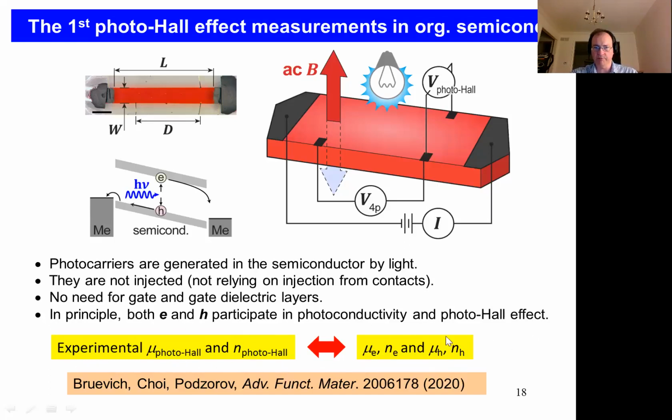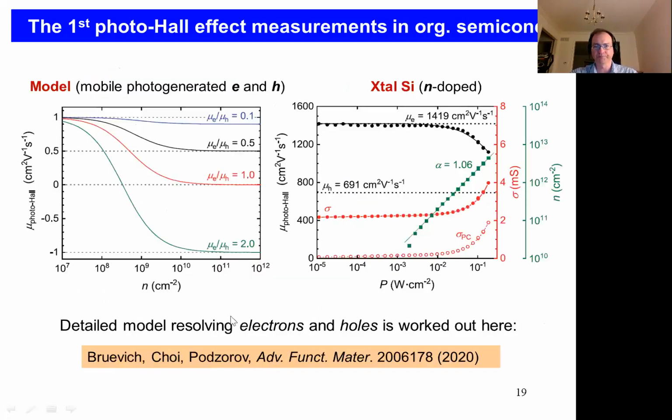So in order to obtain these parameters from these measured values, we have developed this model, and that is described in detail in this paper, including for the case of an anisotropic semiconductor, which is useful for organics because most of the organic crystals are anisotropic. So basically, the model says that if you plot the photo Hall mobility versus the photocarrier density n, actually one can think about this horizontal axis as incident light intensity. Okay, so as you plot this mu photo Hall against light intensity,